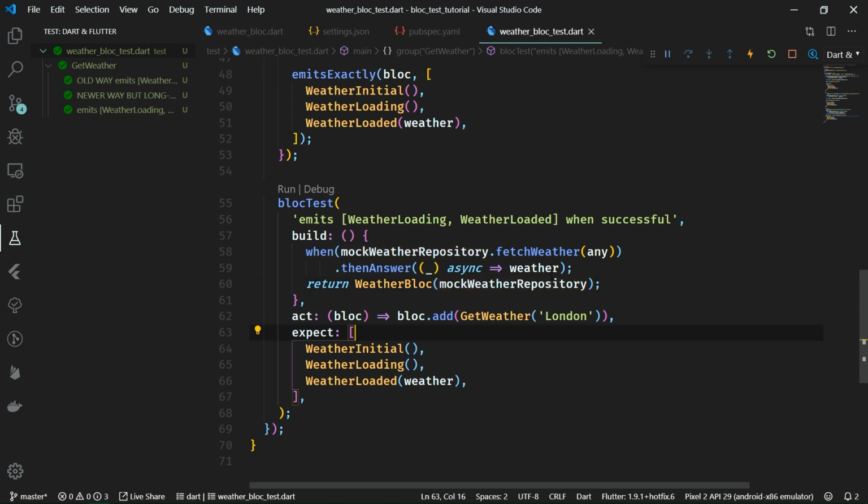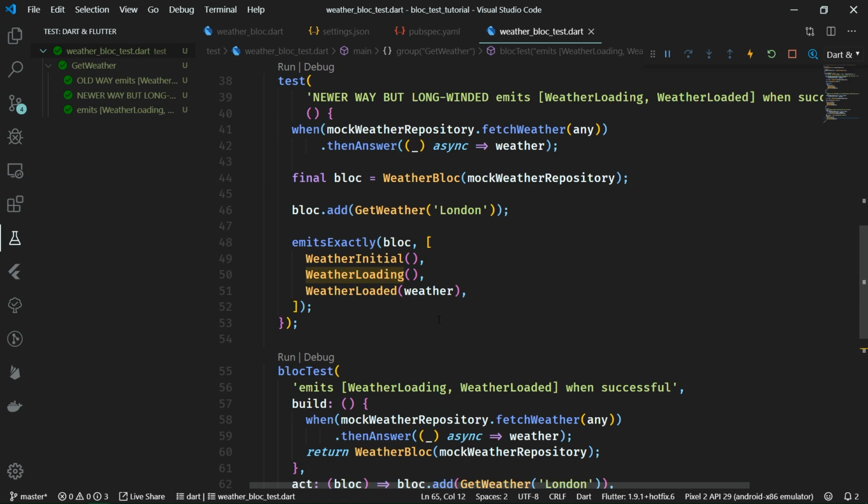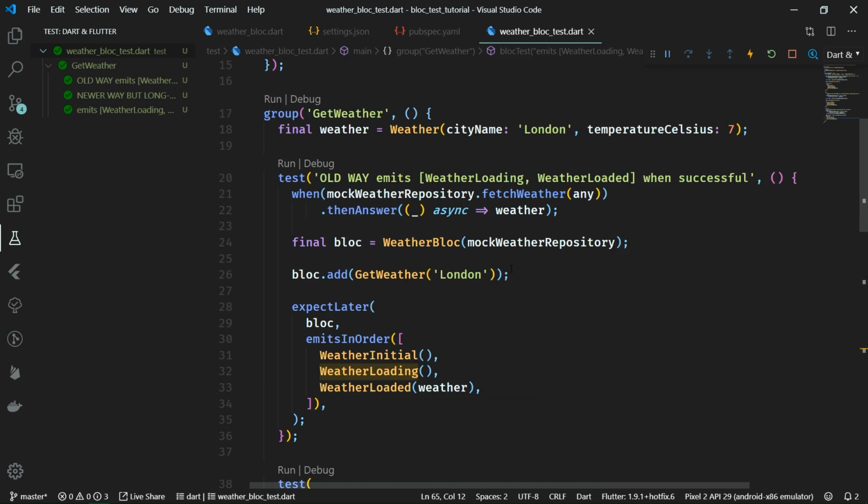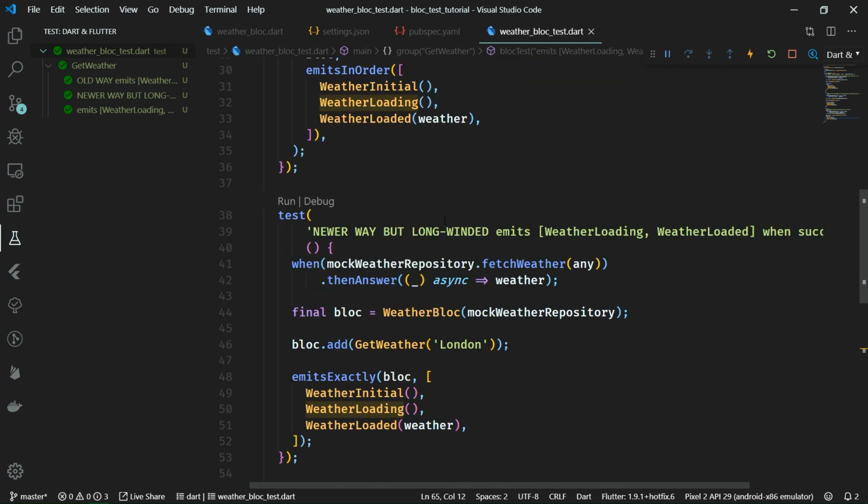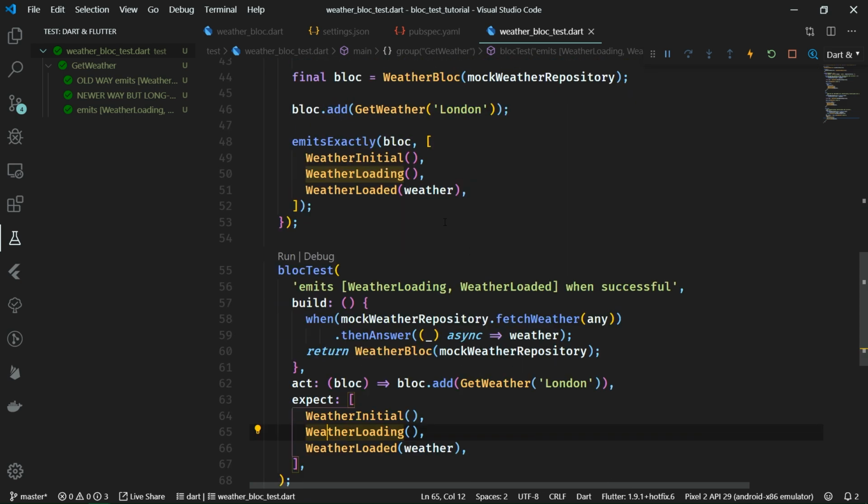more readable way, because you have block test where you build the block and initiate any mocks which go together with the block. And then you have act, which obviously you should do something with the block, and the only thing which you can do with the block is to add an event. And then you have expect, which speaks for itself. So really check out the written tutorial if you want to go over this once more, but you can see that the last way of writing block tests is really the most terse, and in my opinion, the most readable